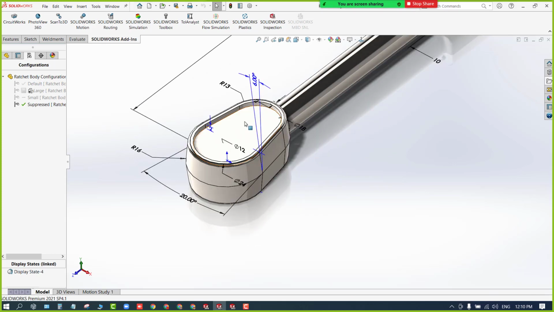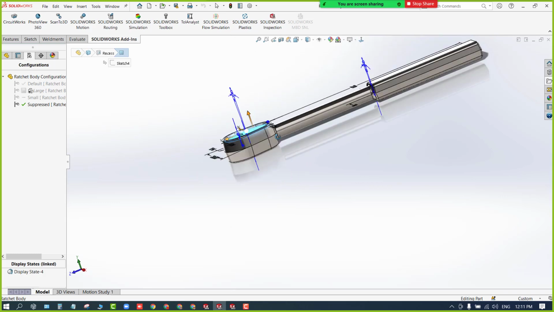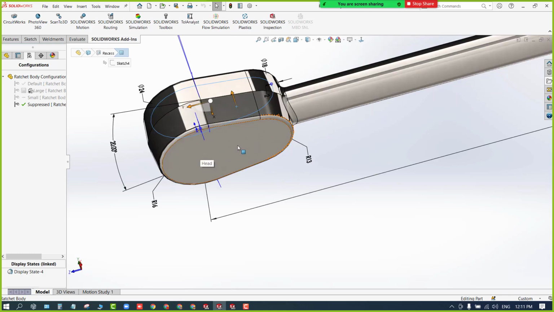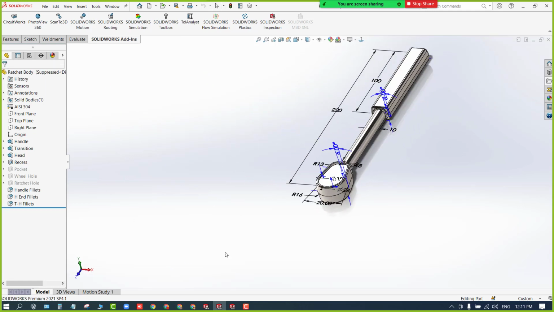Can you see in suppressed I have only suppressed this pocket, right? But bottom holes also got suppressed. Any reason behind it? You can see here.